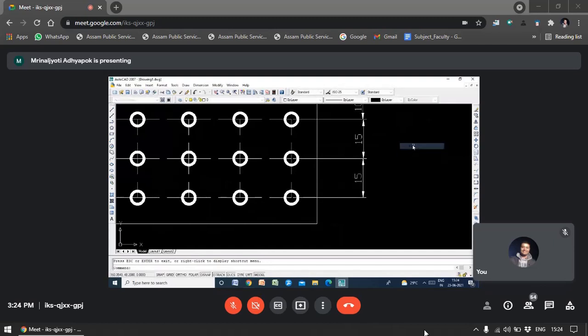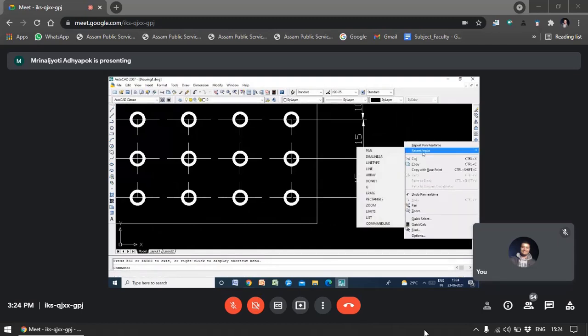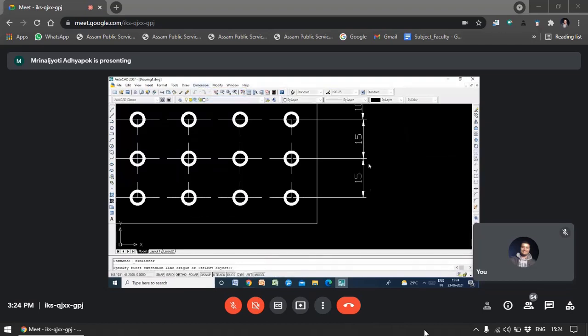Then again right click, exit, then again your dimension, then linear. Okay, then click here, then go to this corner, then bring your mouse in this direction, keep ortho on.